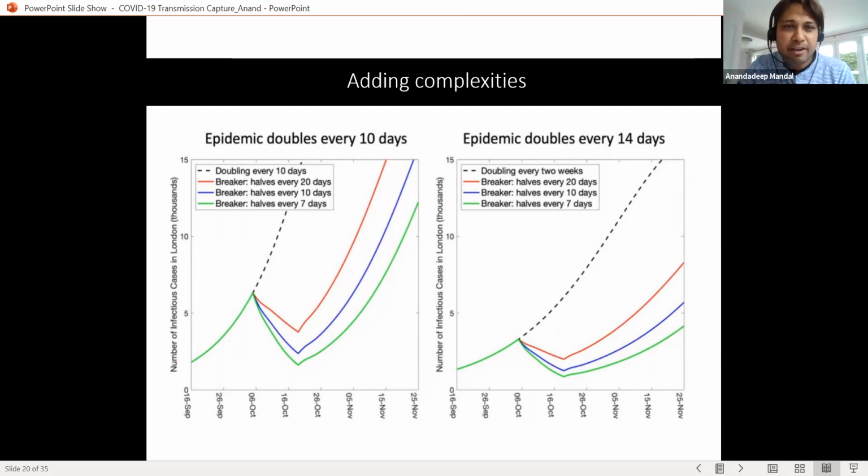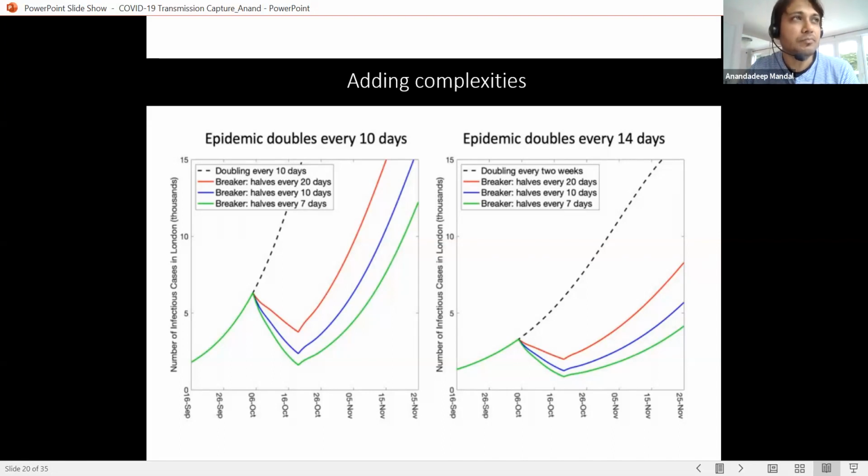So if we have a circuit breaker for, let's say, halves every 20 days, if you do a circuit breaker for 20, it will reduce the epidemic progression by half. Cool. Now, once it reduces, you are giving the government and the healthcare system some space to breathe and time to think and get ready for the next one. Why ready for the next one? Because you cannot keep it locked down. It has got ripple effects, so we cannot have a continuous lockdown. But yeah, you break the circuit, take it back, have some time, and think what we should do next.